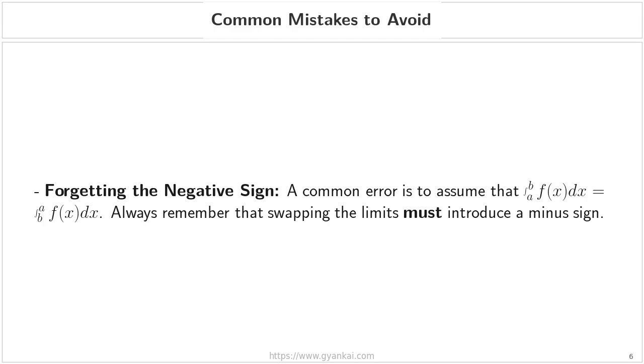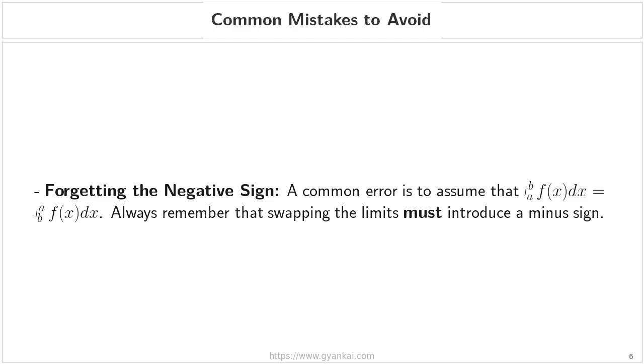First, it says, forgetting the negative sign. This is super common. A lot of students will see the integral with reversed limits and incorrectly assume that the integral from a to b of f of x dx is equal to the integral from b to a of f of x dx. Remember, as we established with property P1, simply swapping those limits changes the sign of the